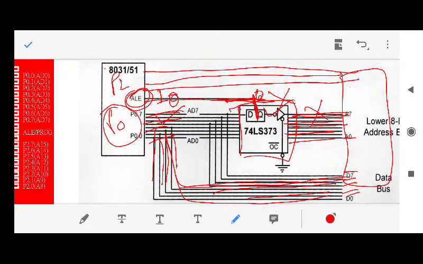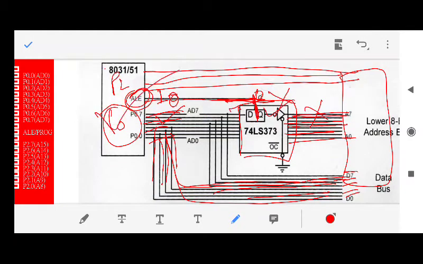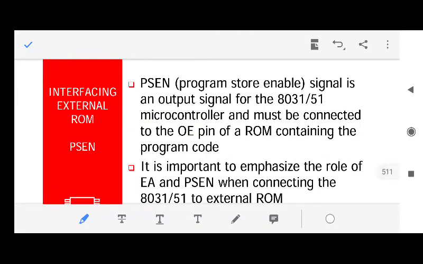Fine. So this configuration should always be done whenever you are connecting your 8051 with the external memory. You should remember this. Let's go forward. We have already studied two pins. Remember, we have studied the chip select pin, where the remaining address lines are connected. We have studied the external access pin. If the external access pin is 1, it means 8051 is using the internal ROM. If it is 0, it means it is using external ROM.